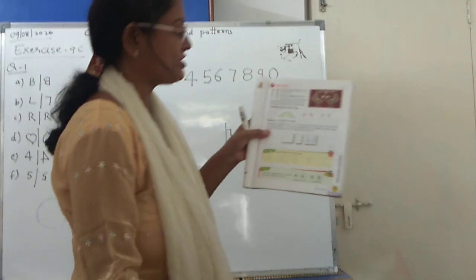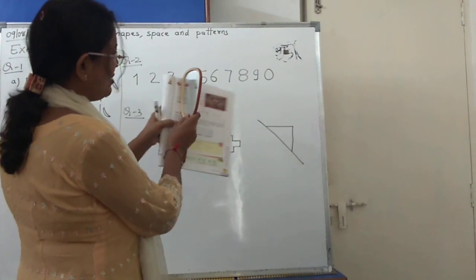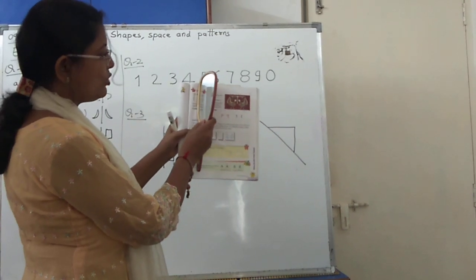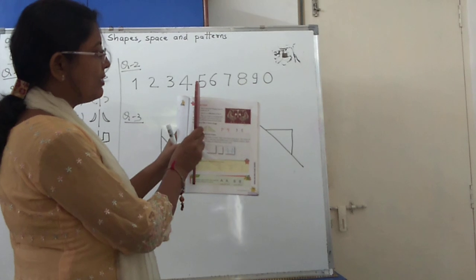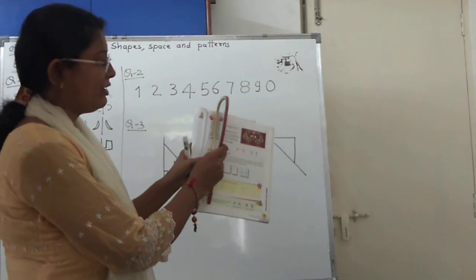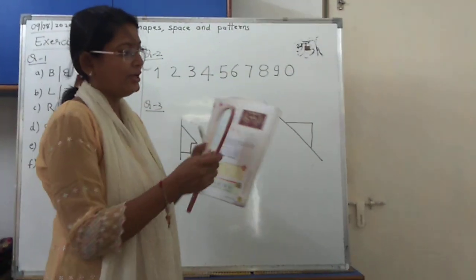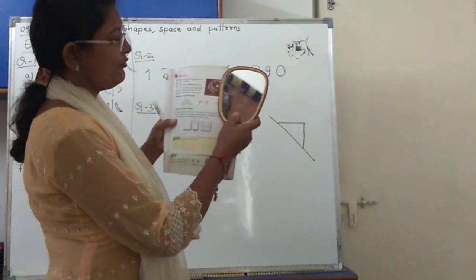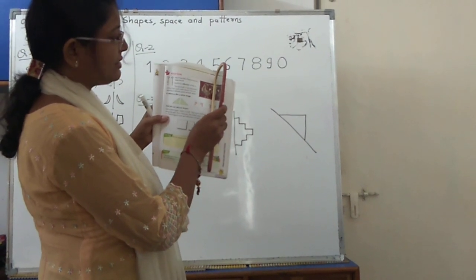Now what is reflection? When I am keeping a mirror in between, just see what will happen. Like this way you also keep, I will be able to see key A but in a different shape. Just like key B, I will be able to see in the mirror. Same way here one peacock is given. If you keep a mirror exactly in the middle and look at the other part, you will be able to